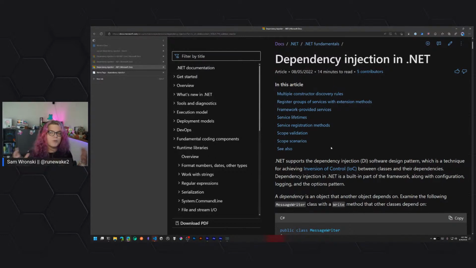But a lot of these principles apply across software development. Dependency injection is not unique to .NET in any way. It's a software design principle, sort of based around inversion of control. We'll get into that. But the reason we're diving into this is because I have mostly used dependency injection either